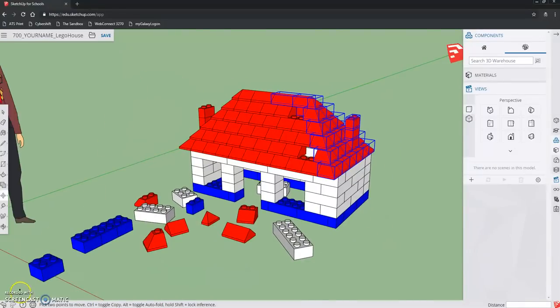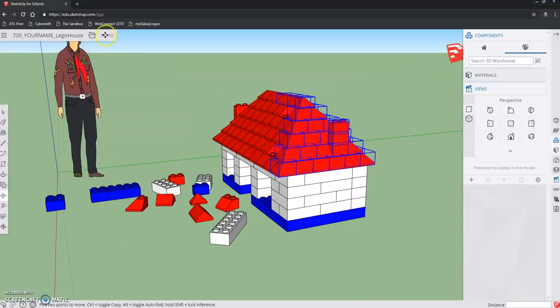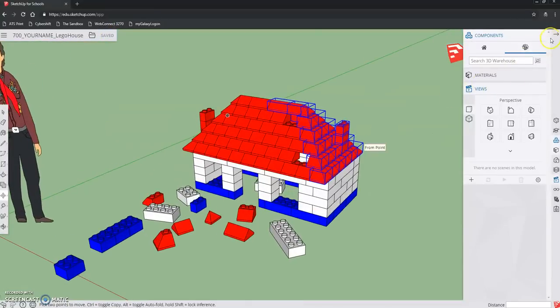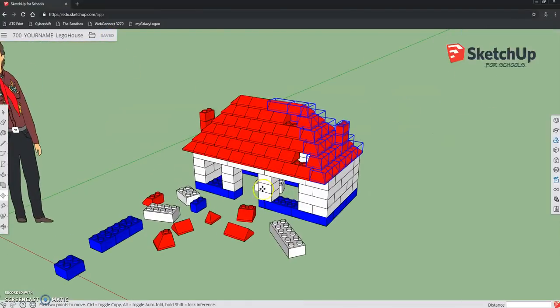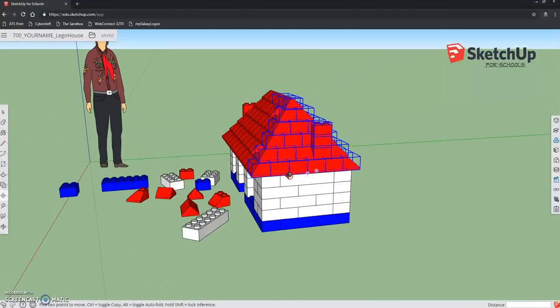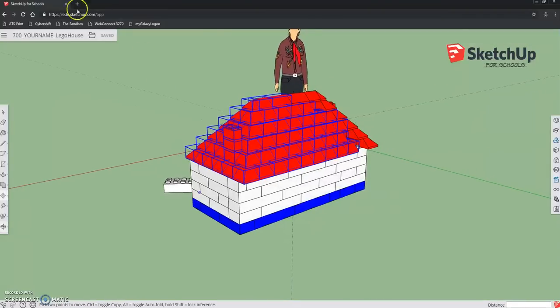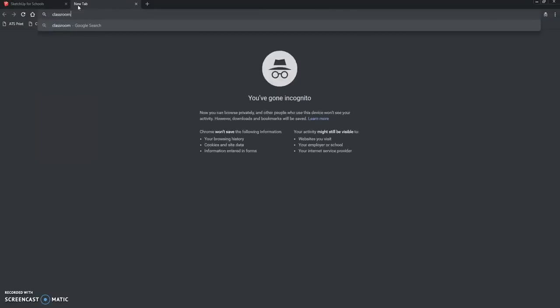And also, okay, make sure it says saved right here. If it doesn't say saved, you got to click the save until it's saved. And then now when you are ready to turn it in on Google Classroom, like this one's incomplete, you would have to finish this one and add the missing pieces, but then you want to go to Google Classroom, so classroom.google.com,